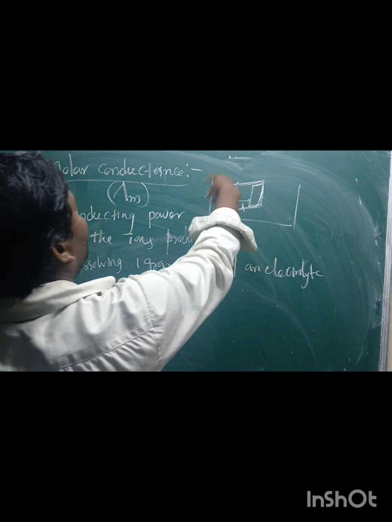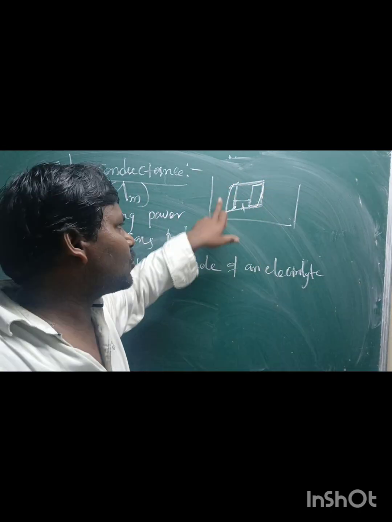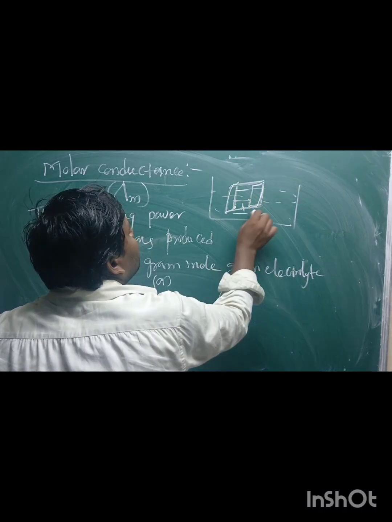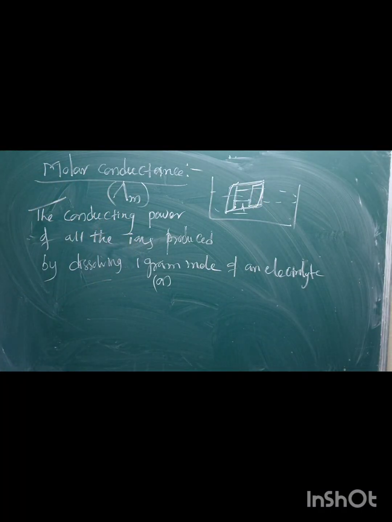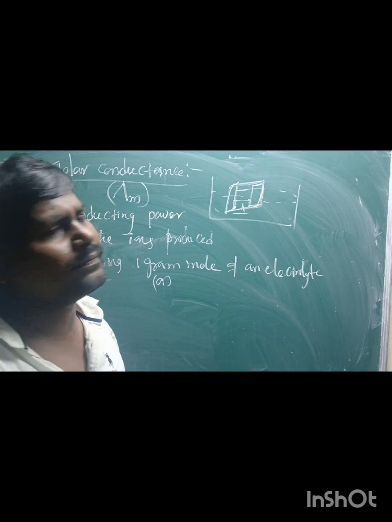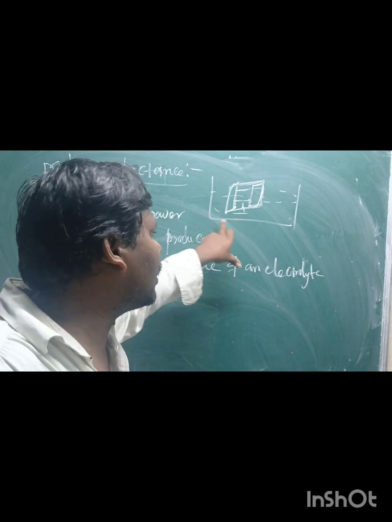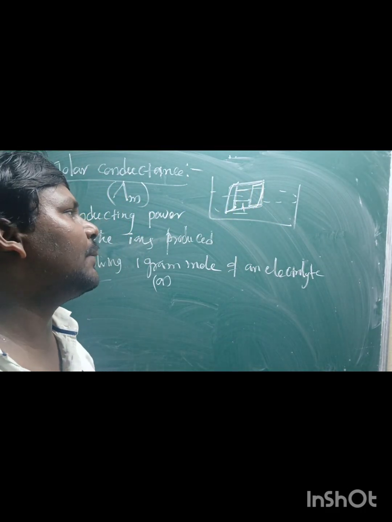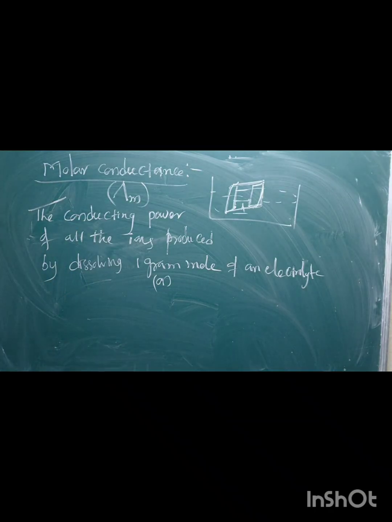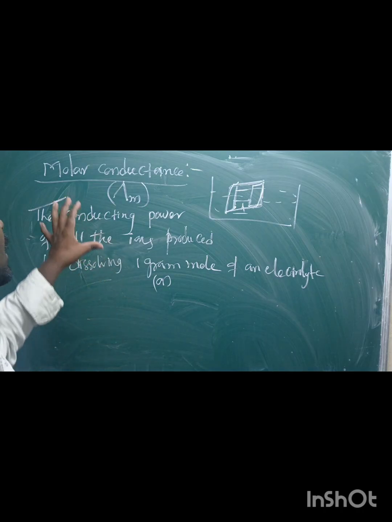The conductance of a volume of a solution containing 1 gram molecular weight of electrolyte, placed between two parallel electrodes separated by a distance of 1 unit length, that is 1 centimeter or 1 meter, is called molar